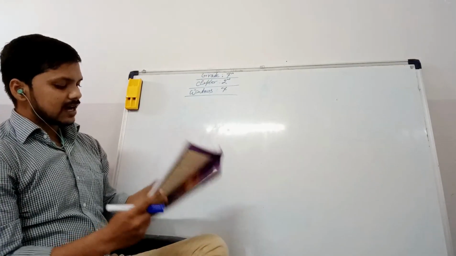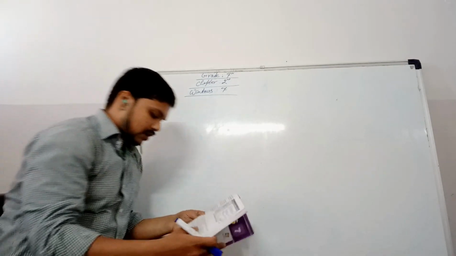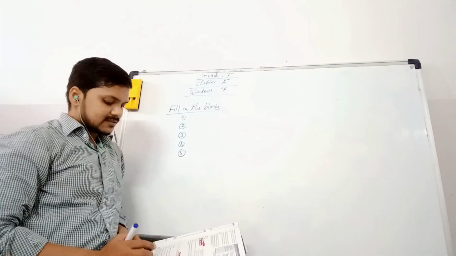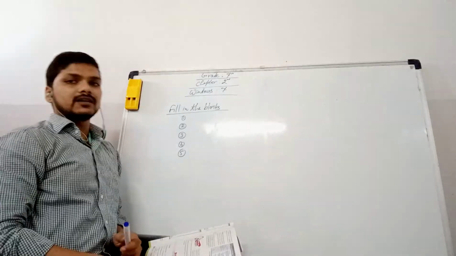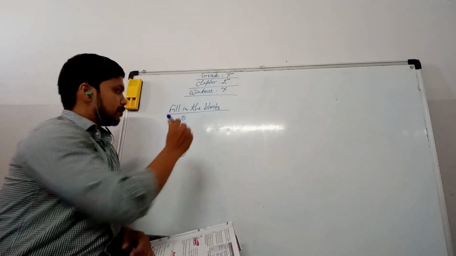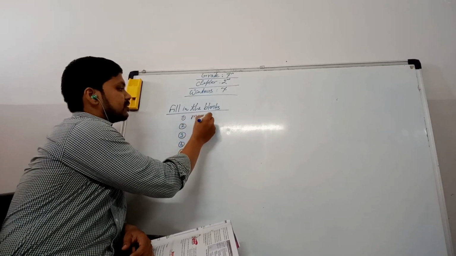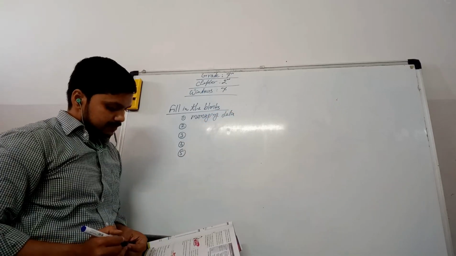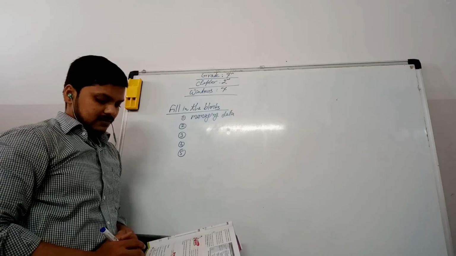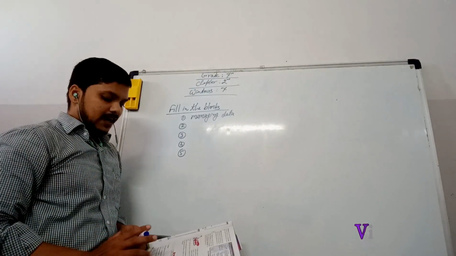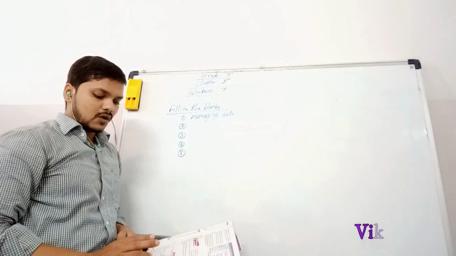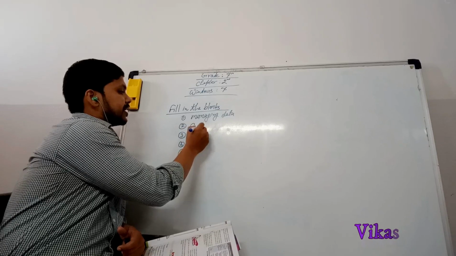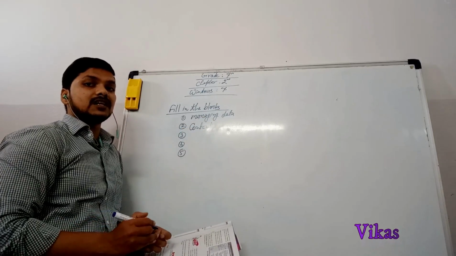So here fill in the blanks are given. So we have to fill all the blanks. First I am reading on page number 21: Windows has simplified the task of what in computer? So in the first blank we have to fill managing data. Now second: which view displays each file and folder on a separate row along with detailed information? That type of view is known as content view. So in the second we have to write content.